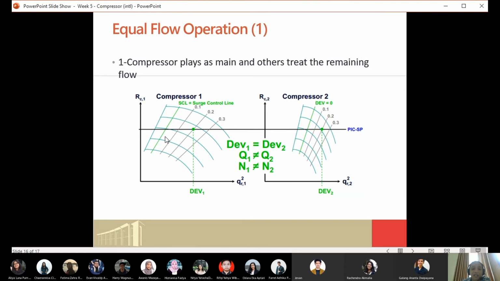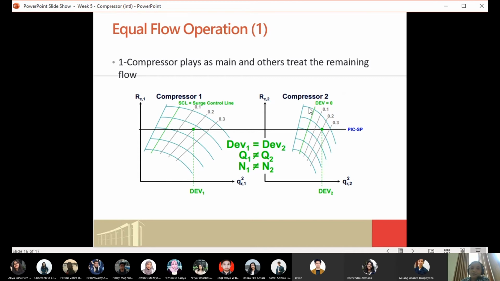You can create a virtual line here, which actually shows you the distance to the surge line. For example, here you divide this into the SCL, surge control line, 10%, 20%, and 30%.